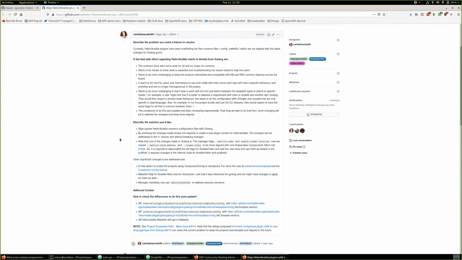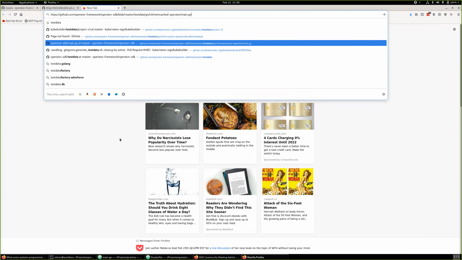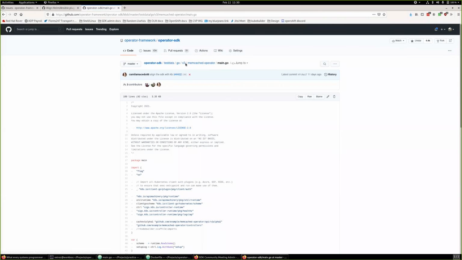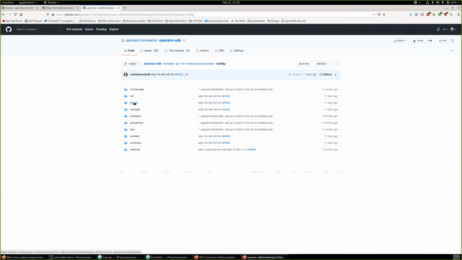Which is common between them, just to clarify. If we can open the test data, Eric, please, just to show this tutorial. If we check, what is common is the config directory, where it has the customized and the built-in SDK. The bundle is common, the config is common, the scorecard is common, everything that is a customization